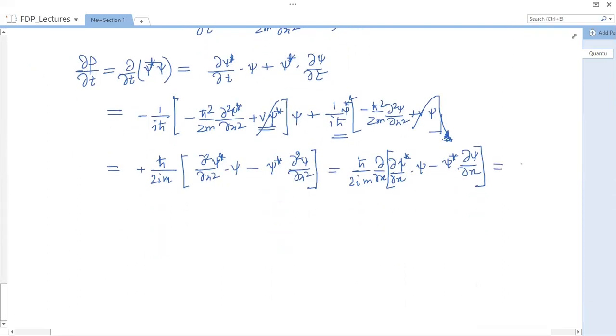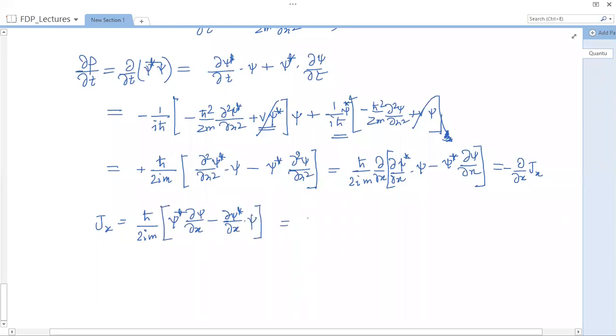And this must be equal to d/dx of j(x) with a minus sign, because the d/dt will have a plus there, so we get j(x) is equal to ħ by 2im times ψ* dψ/dx minus dψ*/dx ψ,